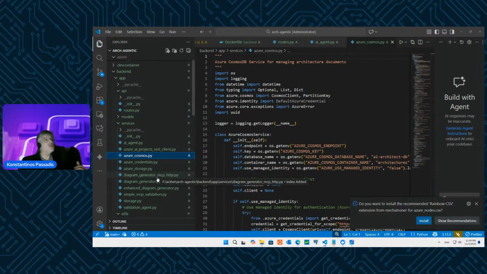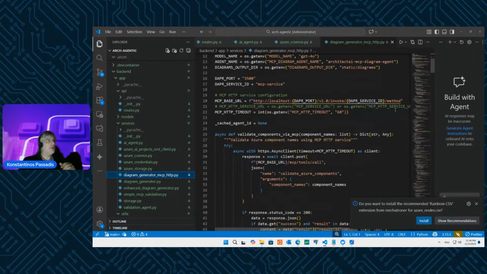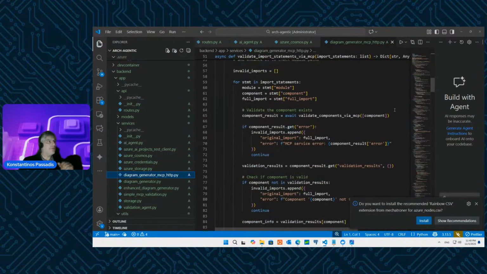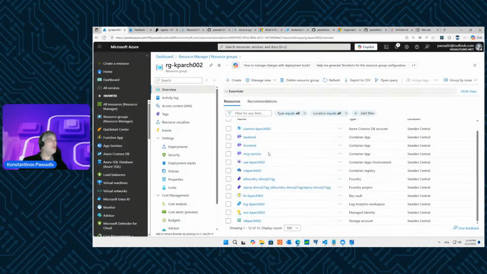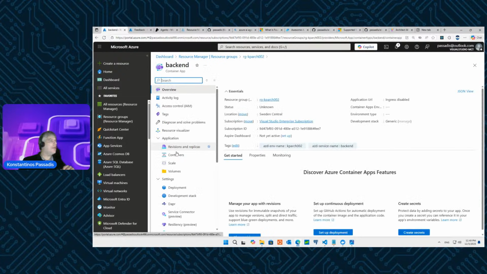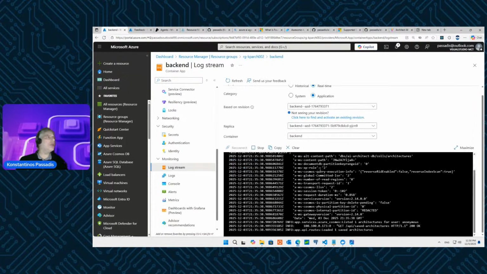The storage was used if we wanted to store something in Azure storage and it was left there, and the diagram generator with MCP HTTP, okay? Yes, and if we want to have a quick look in our backend and see what's going on, let me show you what's going on here. So let's see here in the backend. I'm going to maximize this